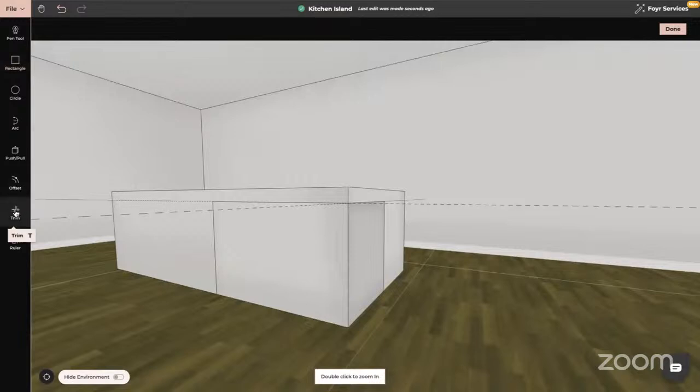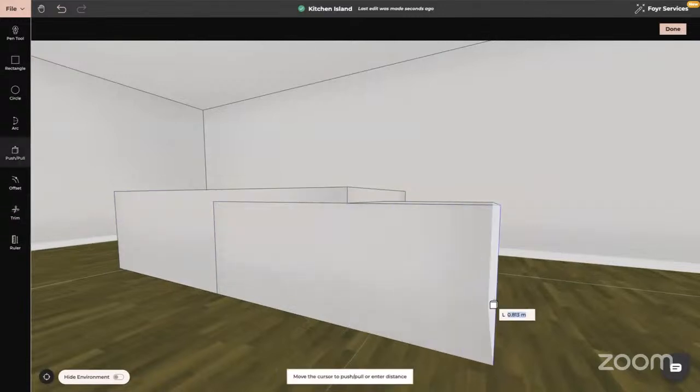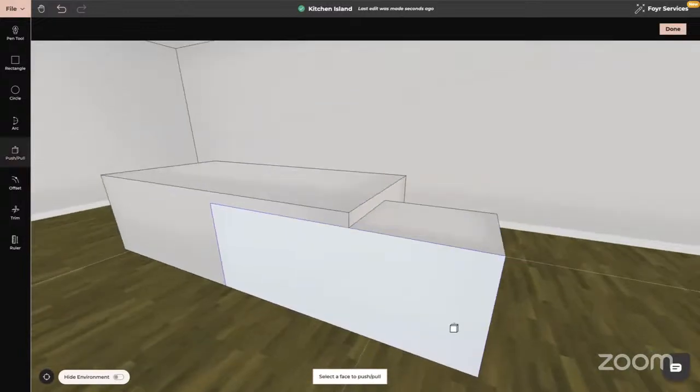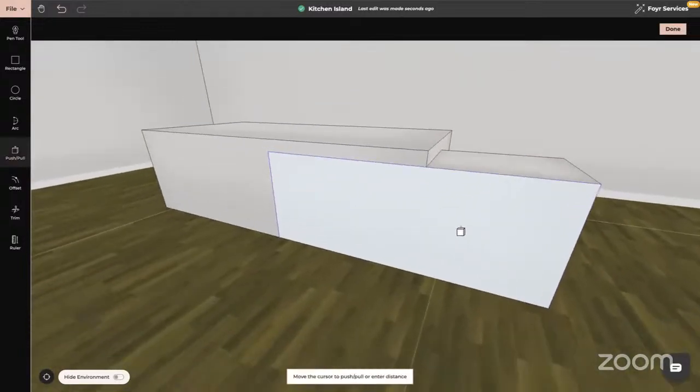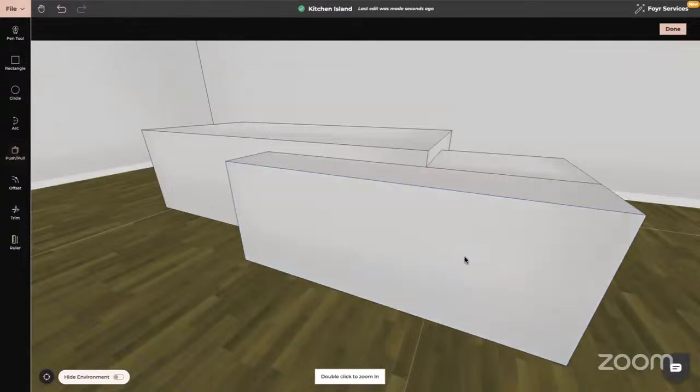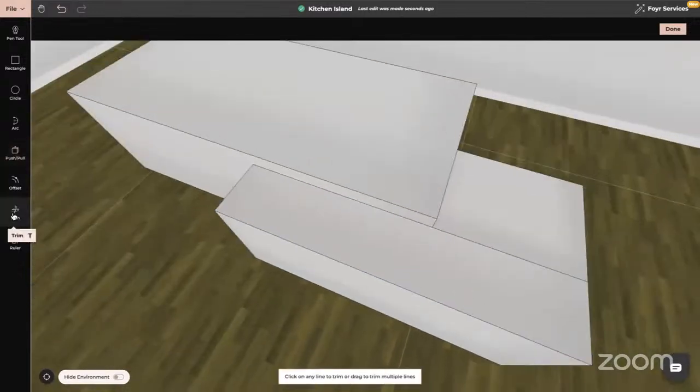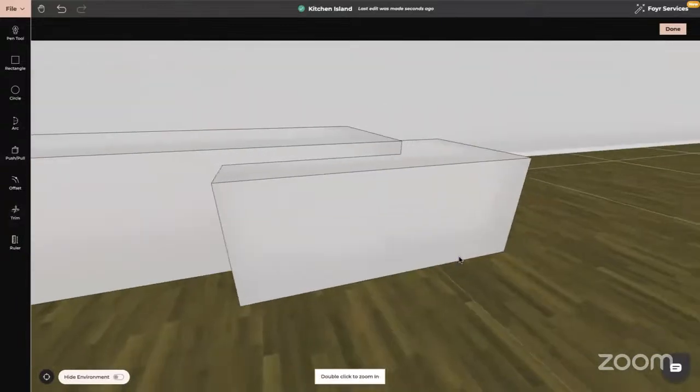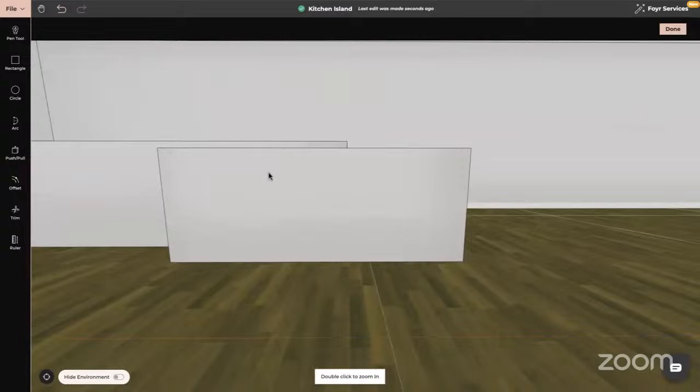And now we'll trim away these lines here. And simply with the push and pull, we will push this part out as far as you want. And then you can push this part out as well. Now with the trim tool, we can remove the line in between, so we will have a seamless countertop. And now with this one, we can simply use the line offset